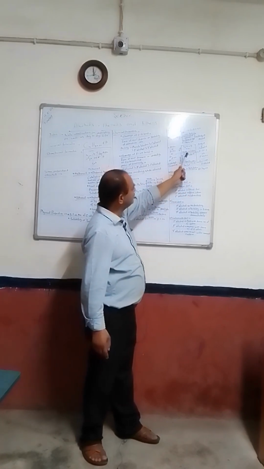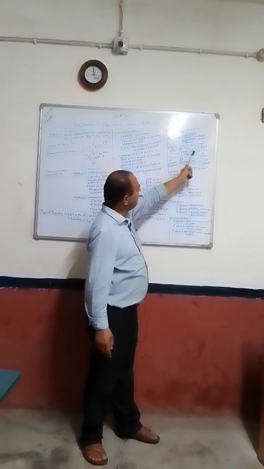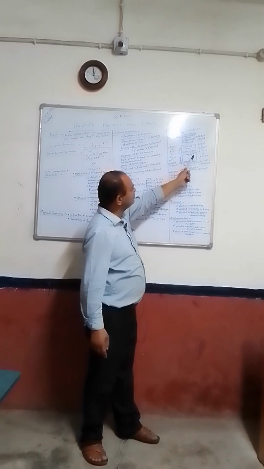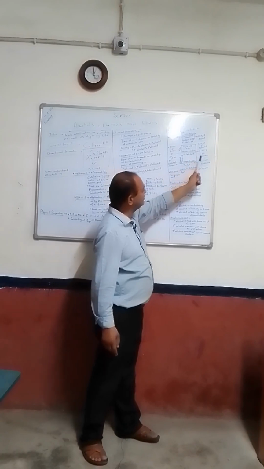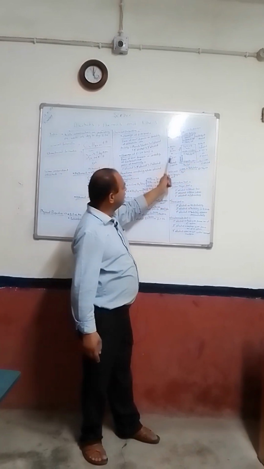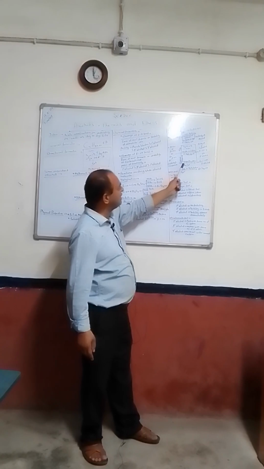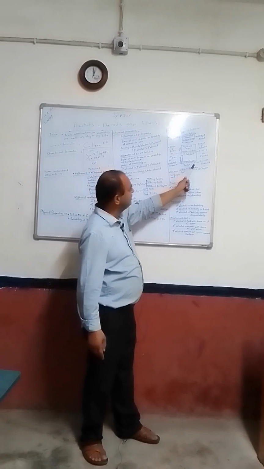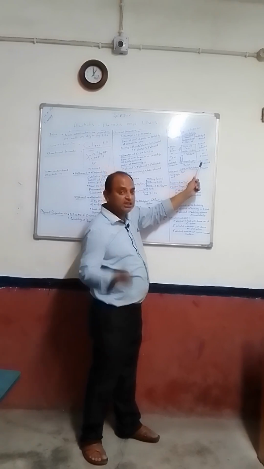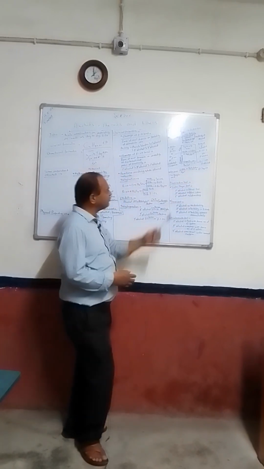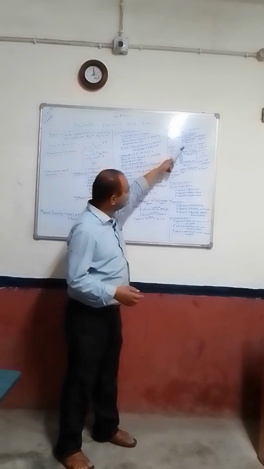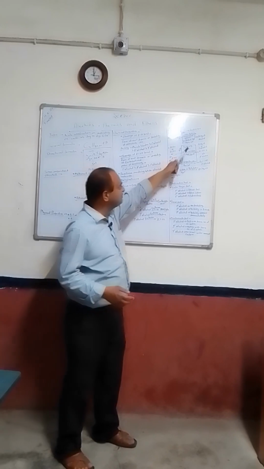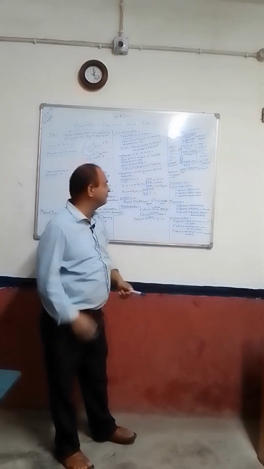In case of NaBH4 or LiAlH4 or Na with C2H5OH, it gives us RCHROH, that is the 2 degree alcohol, and in the presence of Grignard reagents, RMgX, in dry ether then H3O plus, it gives us R3COH, 3 degree alcohol. So in this way the carbonyl compounds, by changing of reagents, either the reduction process or in the presence of Grignard's reagent, give us 1 degree, 2 degree and 3 degree alcohols.